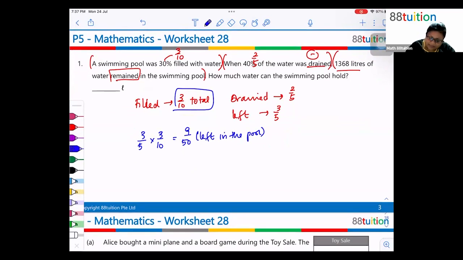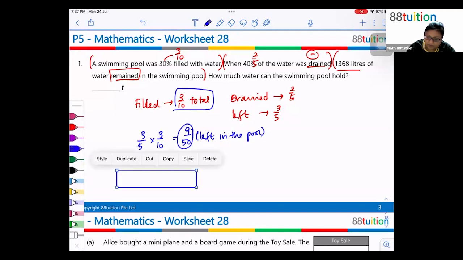Now I can split this 9/50 in a model form, whereby this is your 50 units, which is the denominator. 9 units filled, left with 41 units. So what you have here is